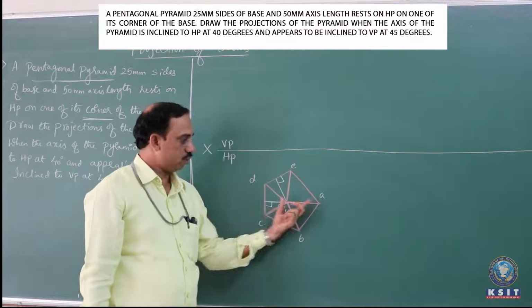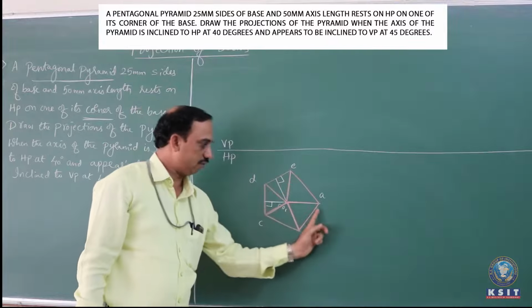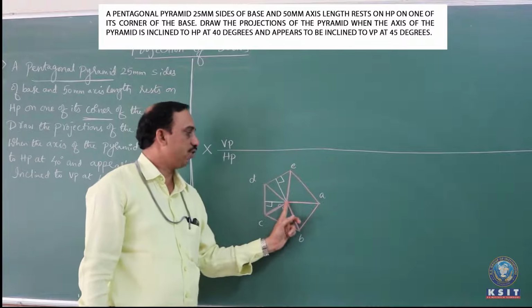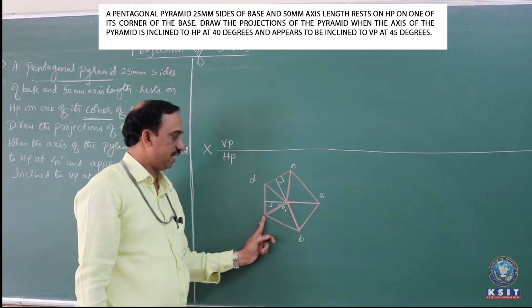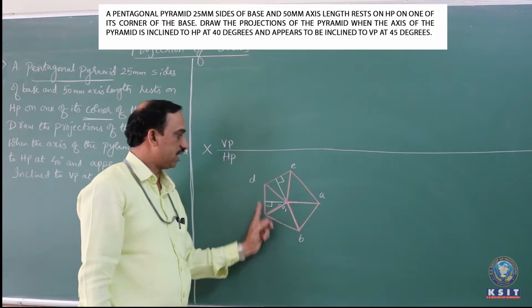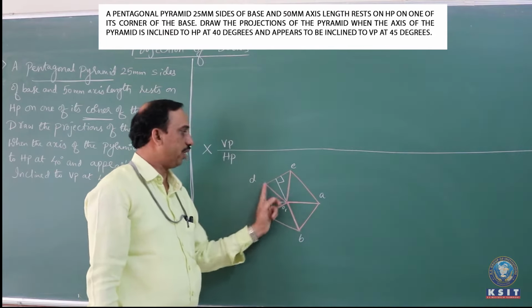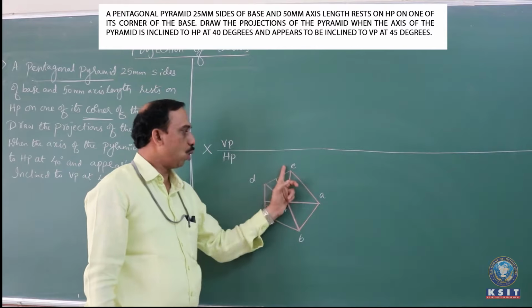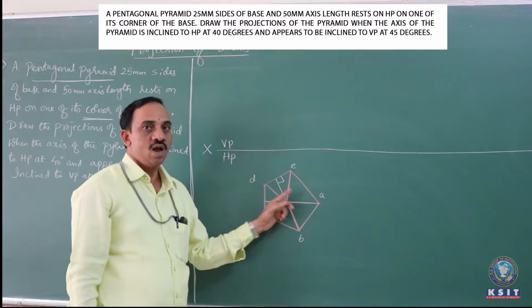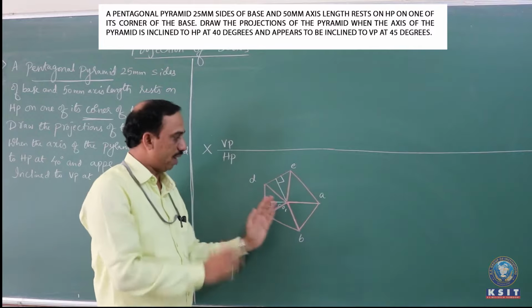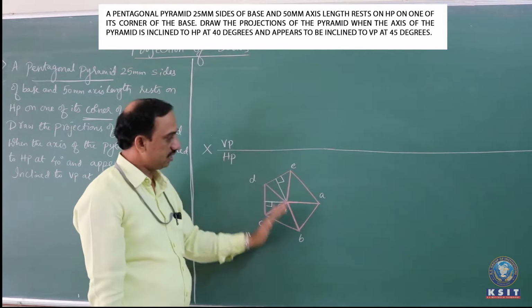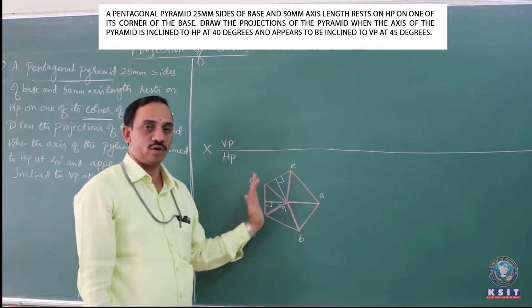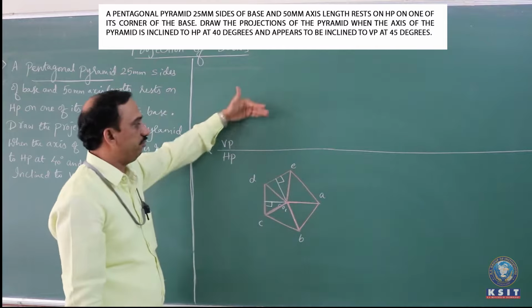When you try to connect 2 of the slant edges, you get the formation of one of the triangular face which is OAB. Similarly, we have the triangle OBC as the second triangle, OCD the third triangle, ODE the fourth triangle, OEA, totally 5 triangles. 5 triangles clubbed together with one pentagonal face leads to a pentagonal pyramid. So that is exactly right now the top view what we have. Let us right now proceed for the front view.